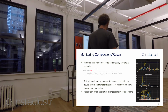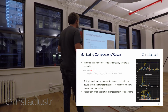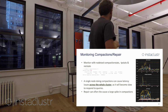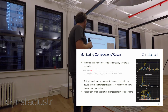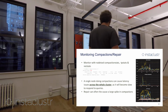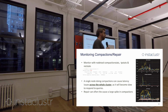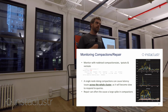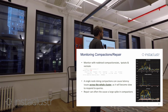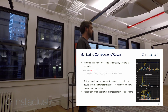Cassandra also exposes some other statistics, particularly for repair, around its thread pool stats, so the number of threads it has active or committed to doing repairs or compactions, and also the network statistics, so how many outgoing streams it has open. A single node doing compactions can cause latency across the whole cluster. Particularly with vnodes, it can really impact the whole cluster, so it's a good idea to keep those under